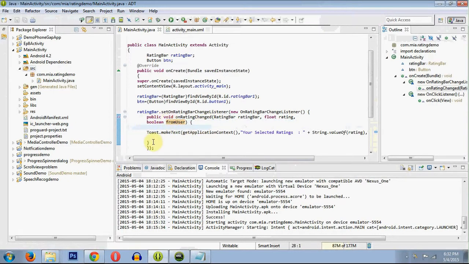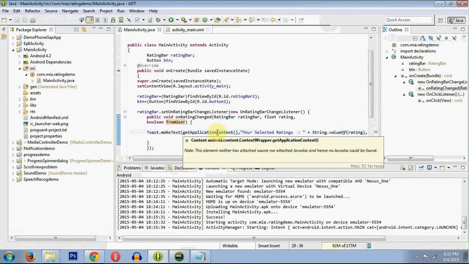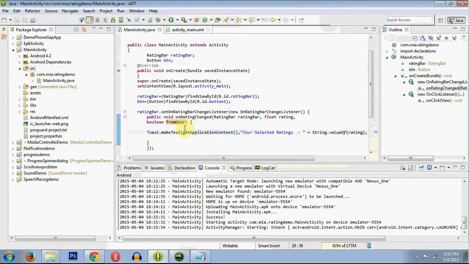So inside this we will make a toast, getApplicationContext. This is just an object maker. This makes the object of type Toast. Since Toast is defined, it will make an object of type Toast. It gets destroyed automatically after this method is executed.